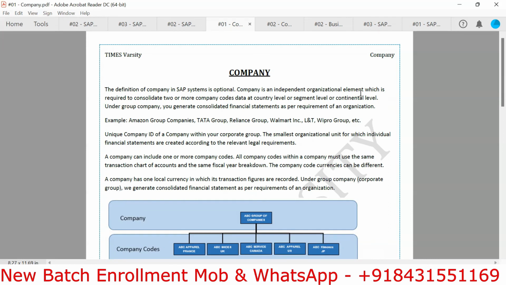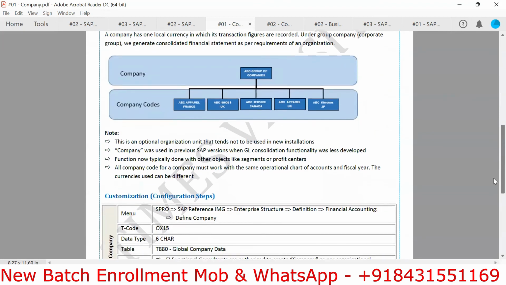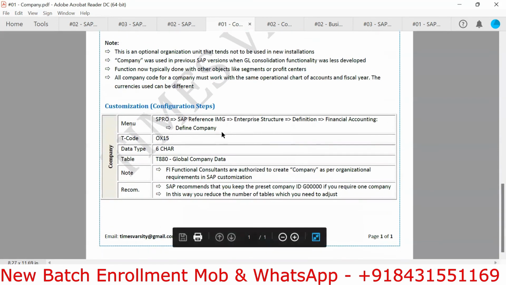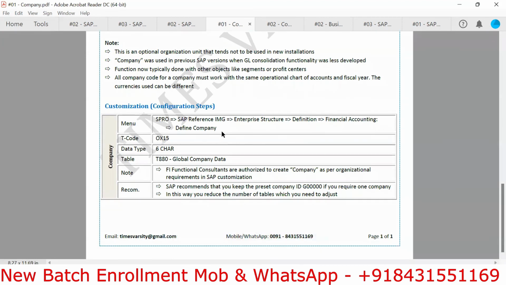The company is an independent organizational element which is required to consolidate data of two or more company codes at country level, segment level, or continental level. Under a group company, you generate consolidated financial statements as per the requirements of an organization. For example, Amazon group of companies, Tata group, Reliance group, Walmart. This group is represented as a company in SAP. Now let's define our own company for demonstration purposes, but in real time,